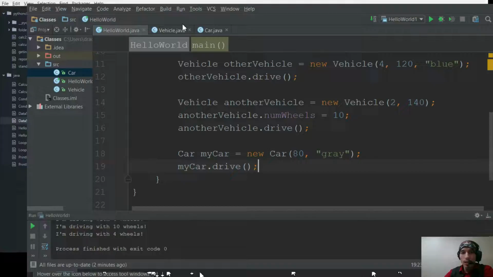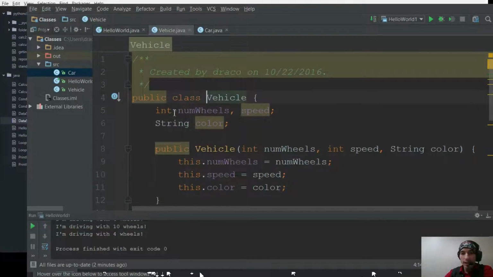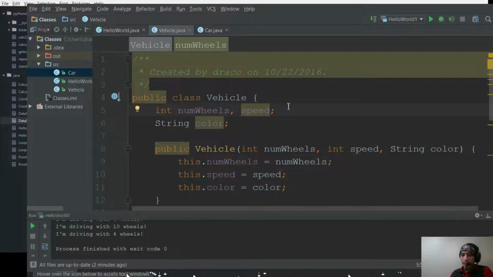Okay, so we could take something like num wheels and speed, and we can make them private. This means that no other object, including subclasses, can change this value. Okay? So if I make this private,